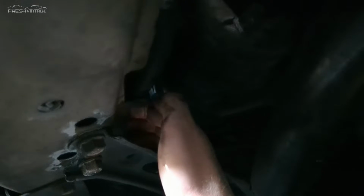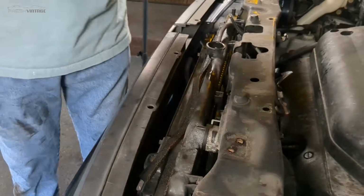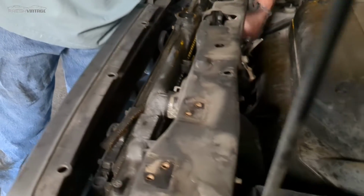If you're looking for the radiator fan bolts right here, there's one here, and there's one right down here. It's kind of hard to see in here, but just kind of feel, and this one's kind of in the way of what looks like the power steering line here. Oh, no, sorry, that's the AC line. But get the 10 millimeter on there and get those popped loose, but I'm going to go ahead and do that right now. So both radiator fans are now loose,